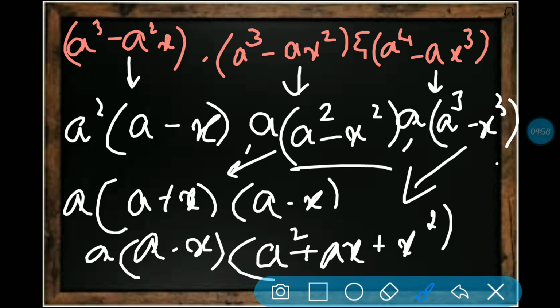Now you can take a screenshot, because I'm going to erase the full screen. One thing I told you a few moments ago: a into a minus x we can also write. So in all of these, the common factor is a into a minus x. That's done, that's the answer. A into a minus x is your answer, and the option is B. Okay everyone, you may note it down. I'm erasing the full screen.